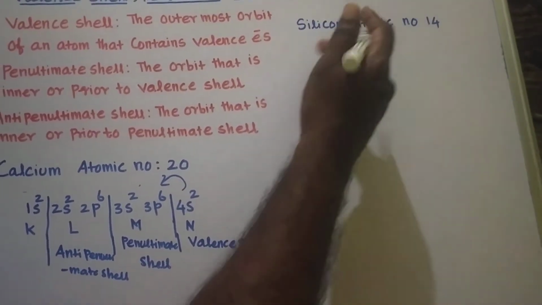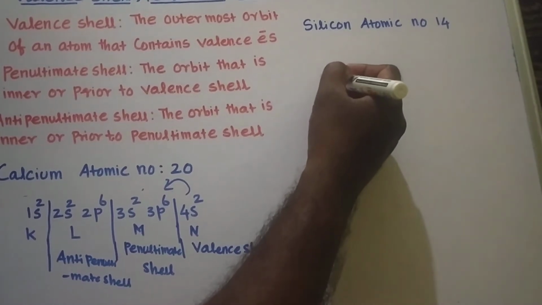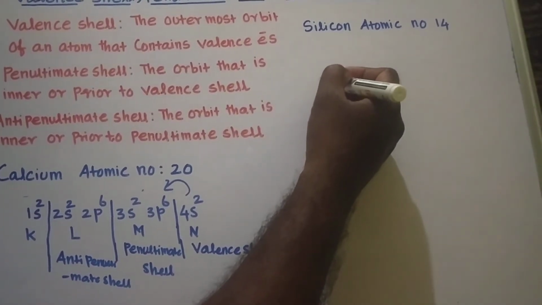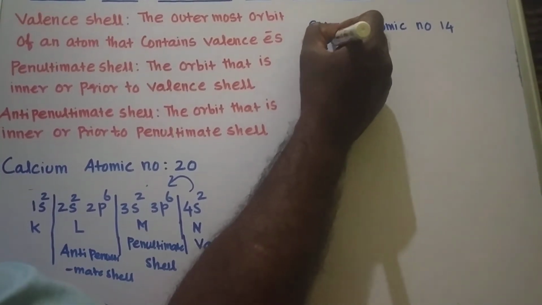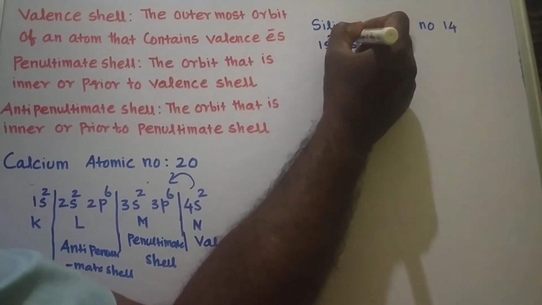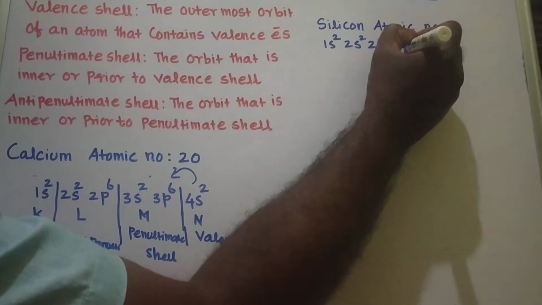Now we are going to see another example, that is silicon. The atomic number is equal to 14. Now we are going to find out the valence shell, penultimate shell and antepenultimate shell. The configuration is 1s2, 2s2, 2p6, 3s2,